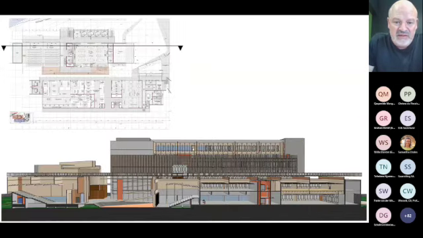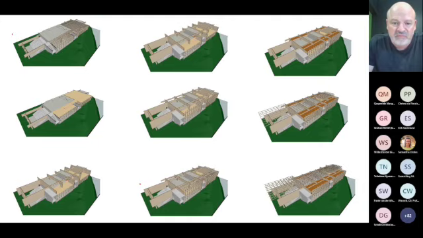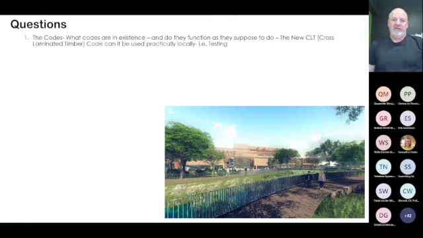There's some plans and sections, and again the BIM model to understand the construction and to really test it and try and understand the way that the joints in the building are working are important. There's some renderings. So I'm rather going to leave you with a few questions, and then we can discuss it